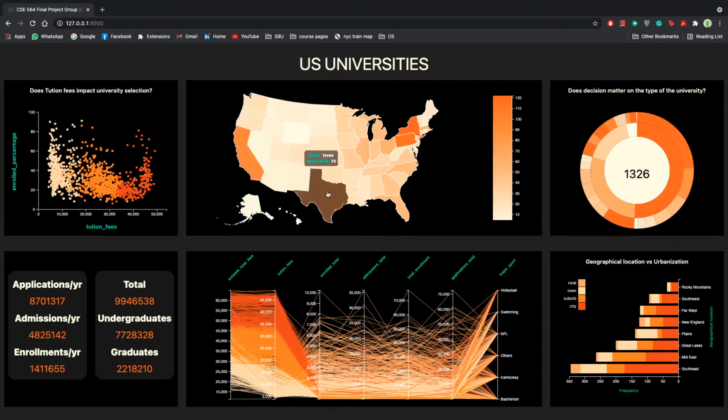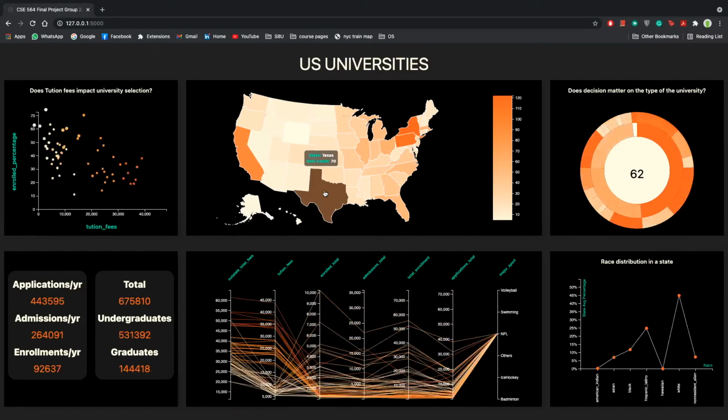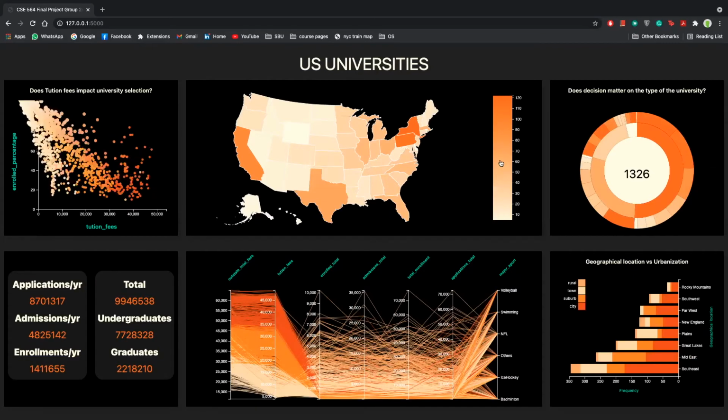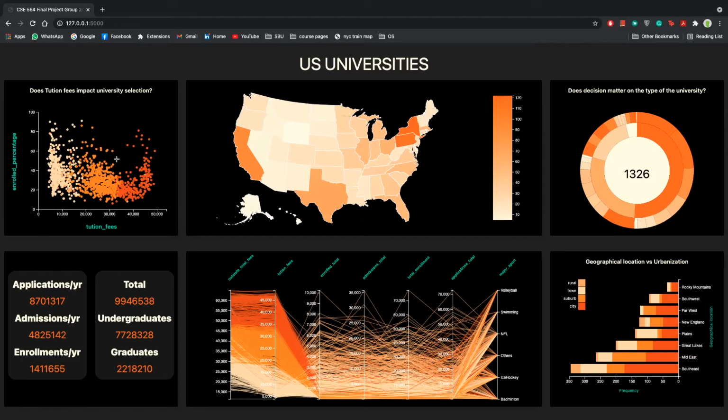And when you hover here, you actually get the state name and university count. On clicking a particular state, you can select the state, and on clicking on the bar here, you can deselect the state. So then we have a scatter plot showing the bivariate relationship between enrolled percentage and tuition fees. Enrolled percentage is total number of students who get enrolled among the total number of admits. And then we have a sunburst, which gives us the relationship between admission percentage and Carnegie classification of the university.